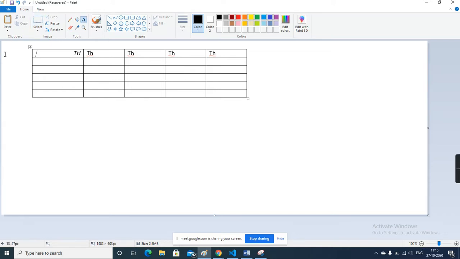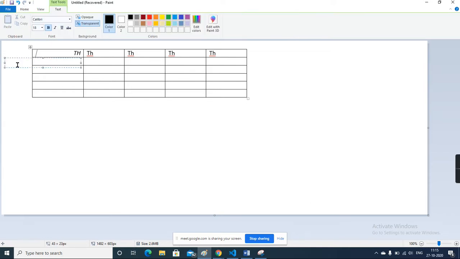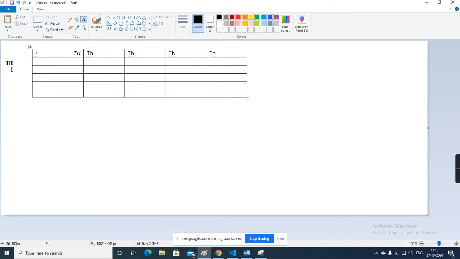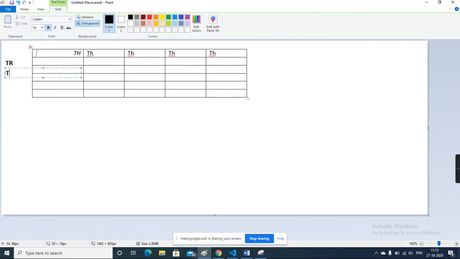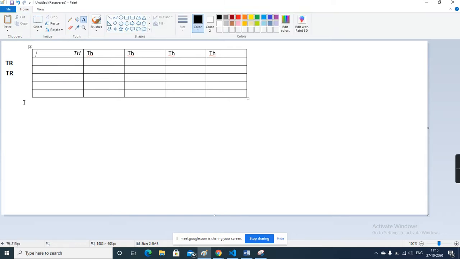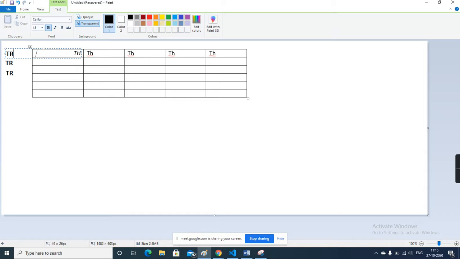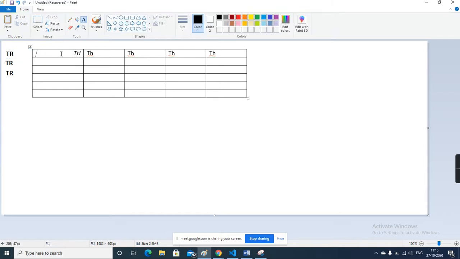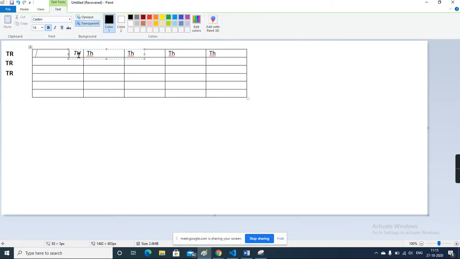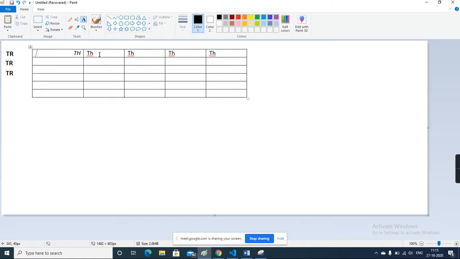This side is called a table row. This one is also a table row, and this one too. This one is also a table row, but this is the table header. The first row is the table header.